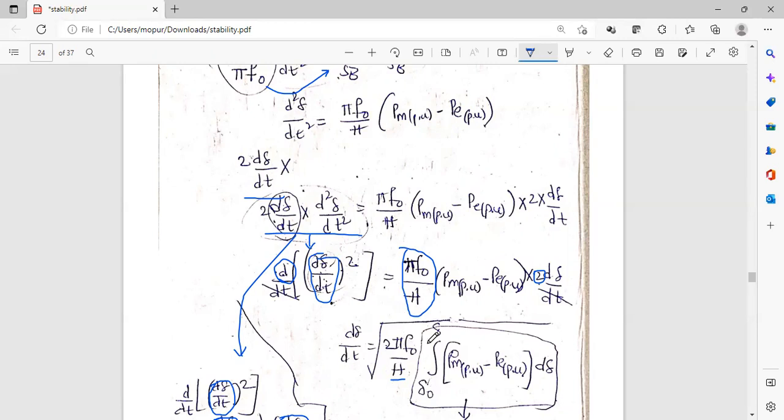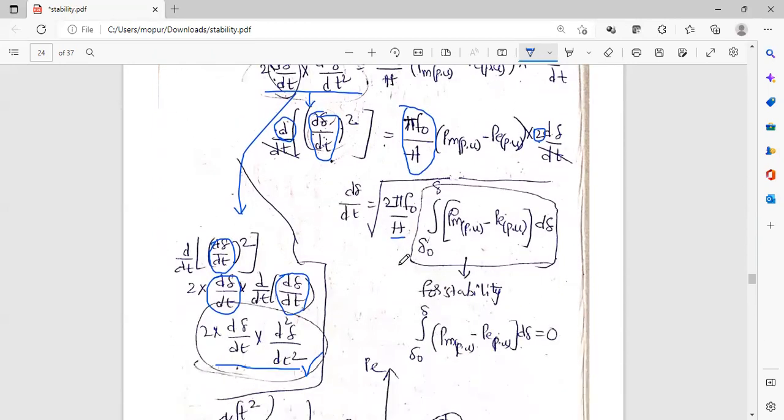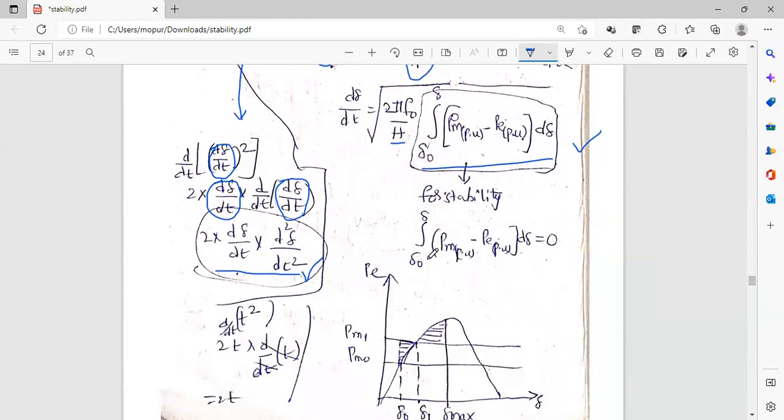Now, according to the equal area criteria, from this equation, for stability, this total integral term should be equal to 0. This complete equation gives the relative speed of the machine with respect to the synchronously revolving reference frame. Now, for stability, the speed must become 0 at some time after the disturbance. So we will equate this integral delta naught to delta Pm per unit minus Pe per unit d delta to